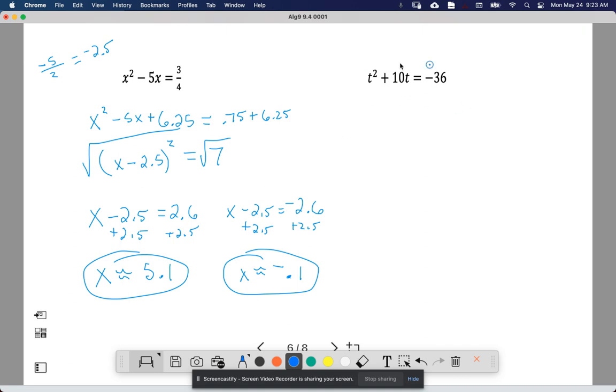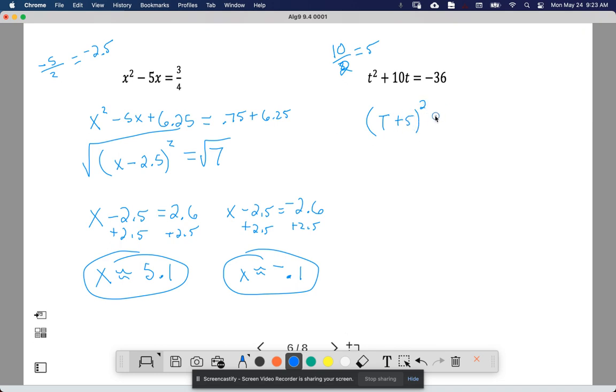Now, this one we are going to do together because it takes all of 3 seconds if you are recognizing what's going on. So even if you went through and you found your completing of the square here, ladies and gentlemen. So let's say you go through, which I wouldn't want you to do, but we'll go through, we'll learn. So here, half of 10 is 5. So 10 over 2 is 5. Some of you might even start jumping right into this. So this turns into t plus 5